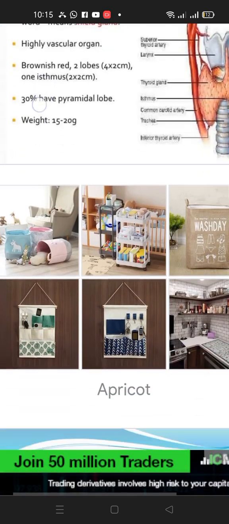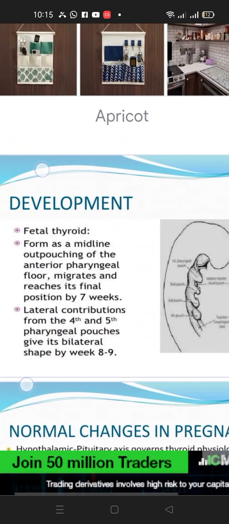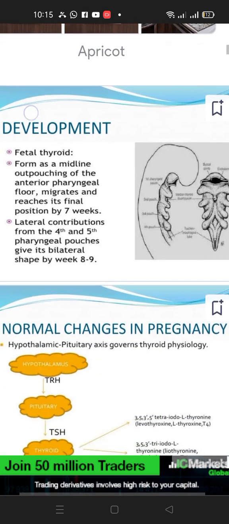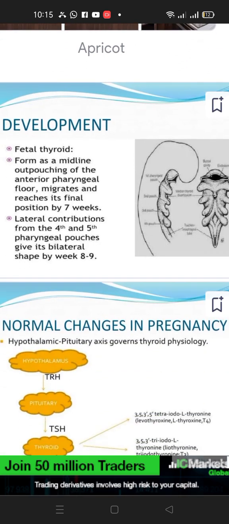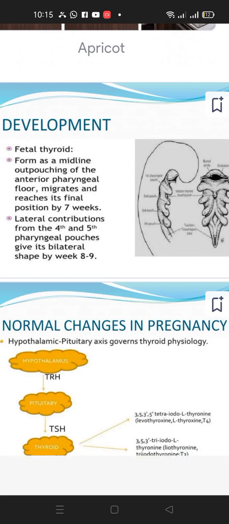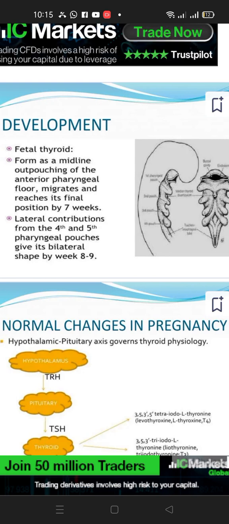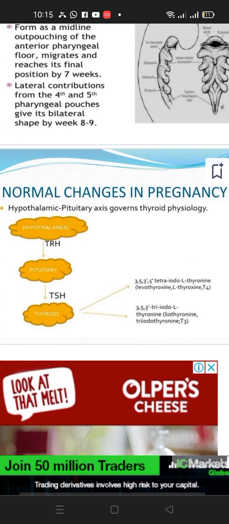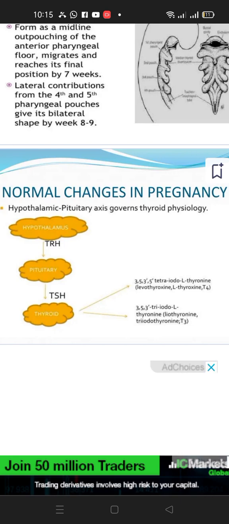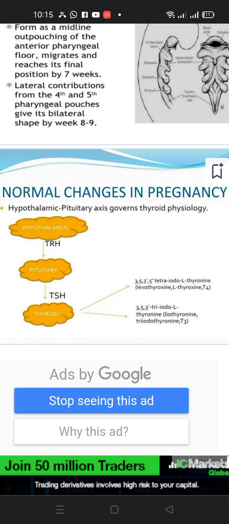Ultimately, the development in the fetal life, if we discuss it in general, is that it forms as a midline outpouching of the anterior pharyngeal floor and migrates and reaches its final position by about 7 weeks, and then little contributions arise from the fourth and fifth pharyngeal pouches and give its bilateral shape by about 8 to 9 weeks gestation. So basically the hypothalamic pituitary axis governs the thyroid gland,